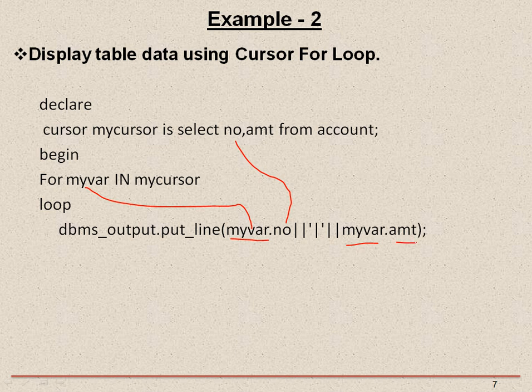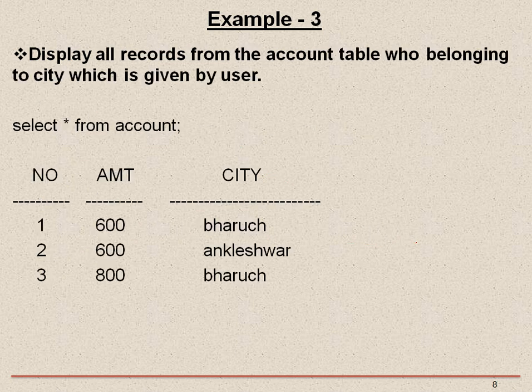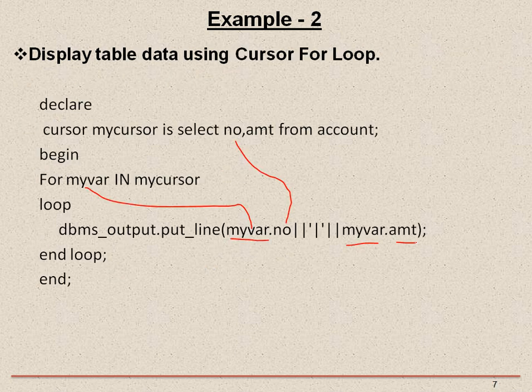So this way you can fetch the data one by one using this FOR loop, then terminate with END LOOP, and execute the PL/SQL block. Whenever it is executed, it will display the table information in the proper way. Okay, so this is the simple way of displaying any records from the table by using the cursor FOR loop. Okay, now if you have any doubts in example 1 and example 2, please mention them in the comment box, if you have any doubts or any query.